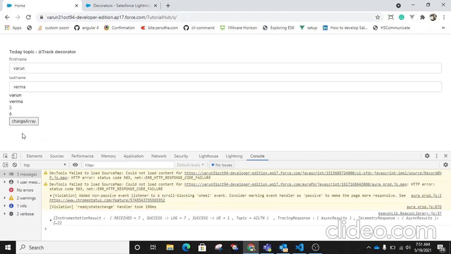You can check it: I was replacing the whole array, so it can easily update.